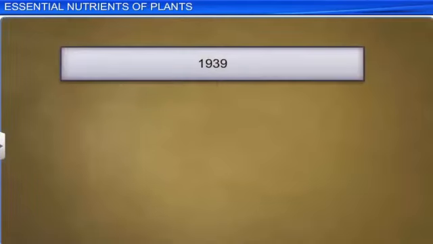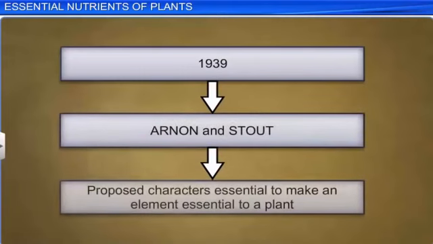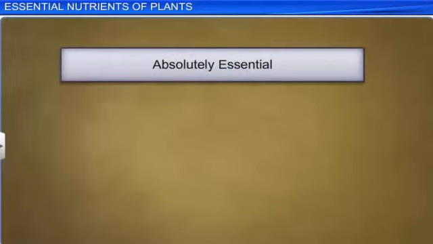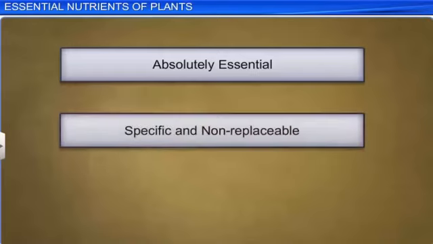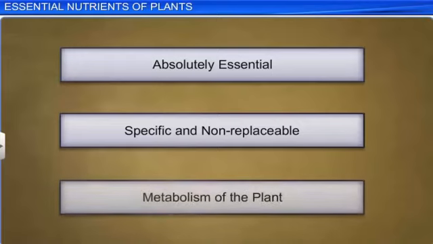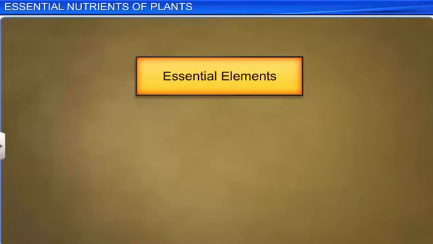In 1939, Arnon and Stout proposed the characters that make an element essential to a plant. The element must be absolutely essential for supporting normal growth and reproduction, which cannot proceed without it. The requirement of the element must be specific and cannot be replaceable by another element. The element must be directly involved in the metabolism of the plant. Based on the above criteria, the essential elements are further divided into